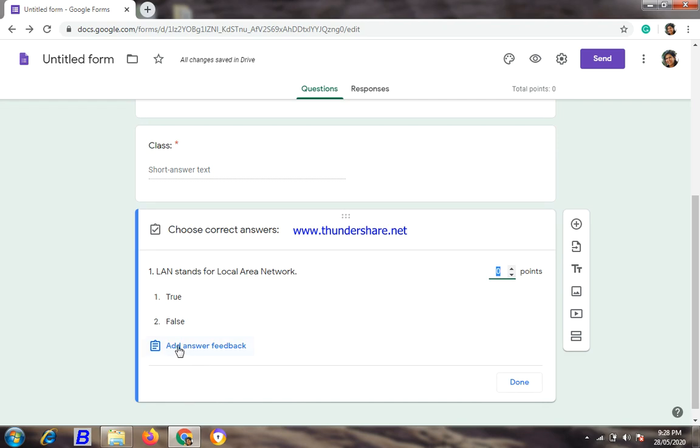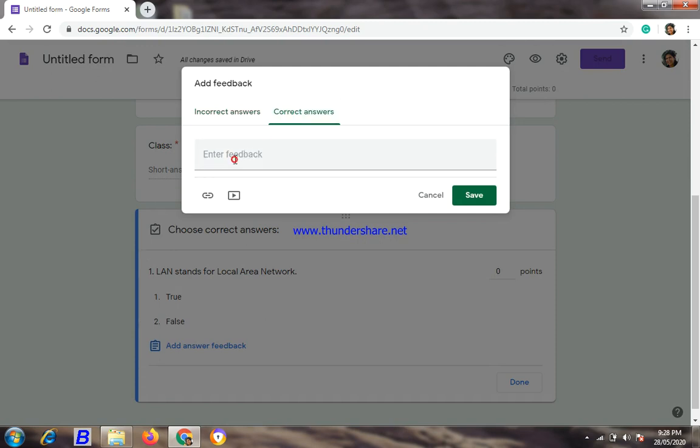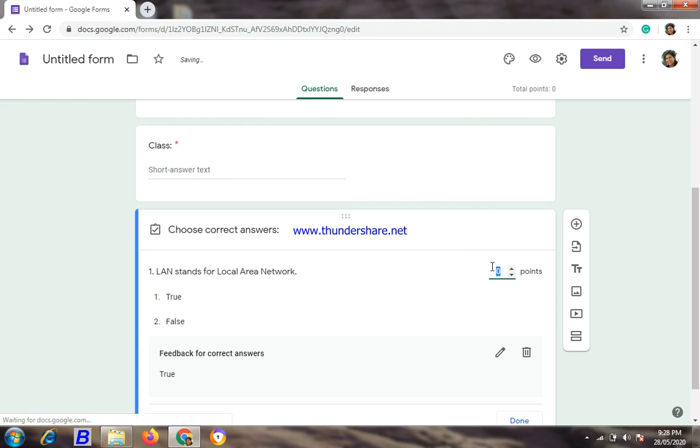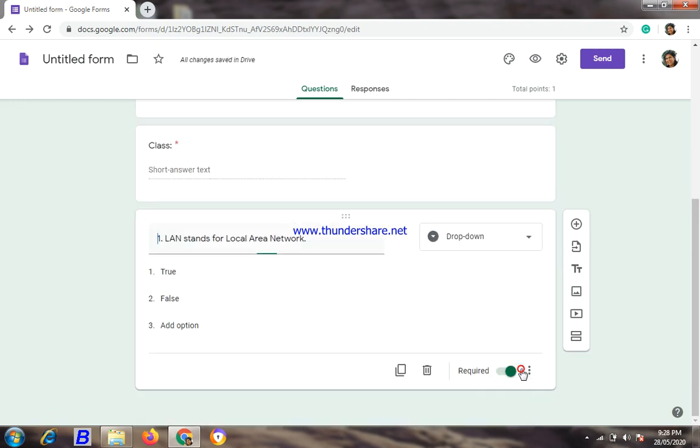Here click the option answer feedback. I want only the right answer, so the correct answer is true, and it should be saved. Generate the points, suppose it is 1 mark, and done.